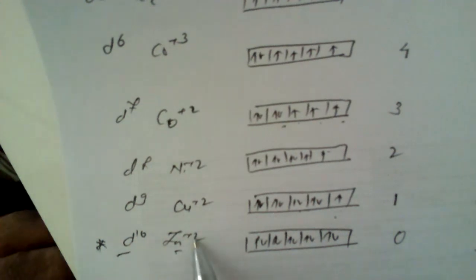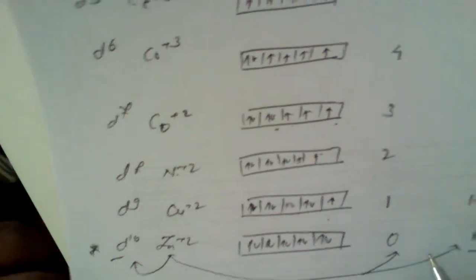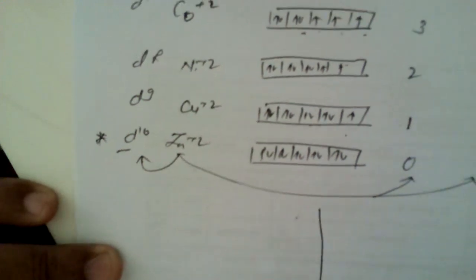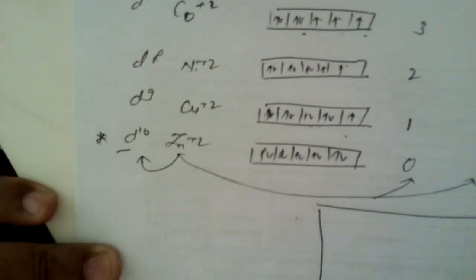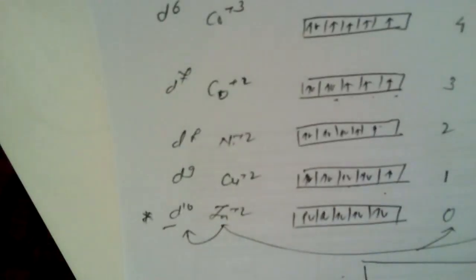Now, these values of d orbital configuration and the magnetic moment we can correlate with the oxidation state, including the total number of unpaired electrons. If we correlate these three properties at a time, then we can draw a graph like this. This is a somewhat different graph that we are going to see. Only 10 minutes are left, so I have to complete within 10 minutes, and I will definitely complete this in 10 minutes.